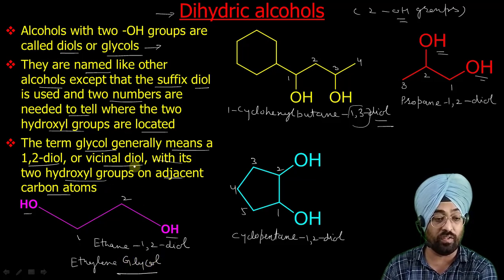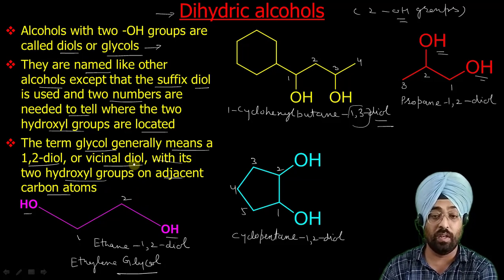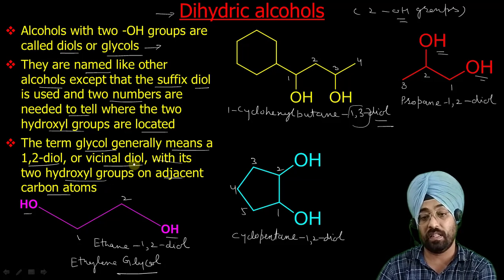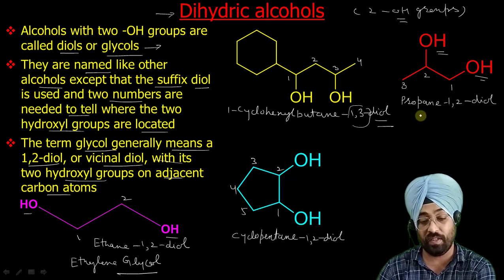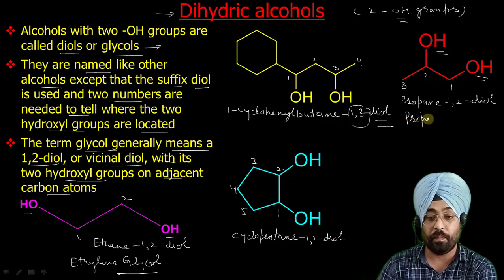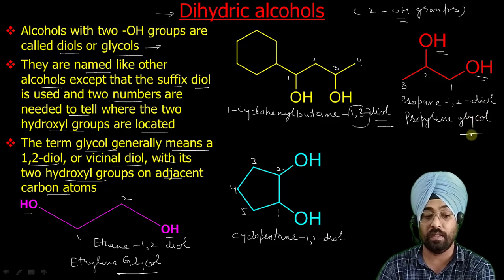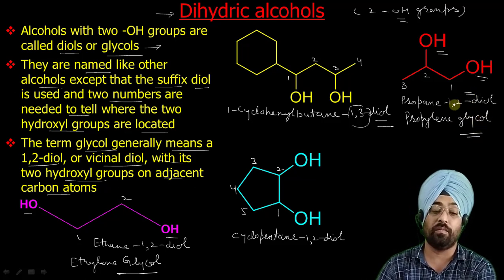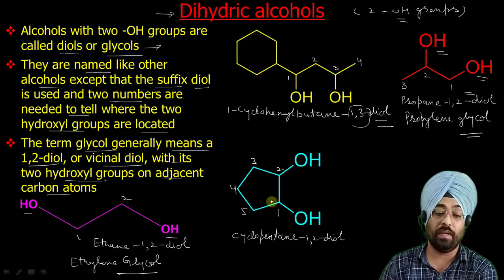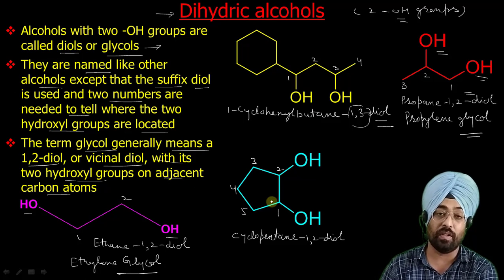As I have said, glycol is used for vicinal diol, and it is a two carbon chain, so it is ethylene glycol. Similarly here, it is a three carbon chain and a vicinal diol, so we can have a common name like, sorry, propylene, a three carbon chain is called propylene glycol. That is its common name, and the other is its IUPAC name. For this one, it will be cyclopentane glycol. That will be its name.